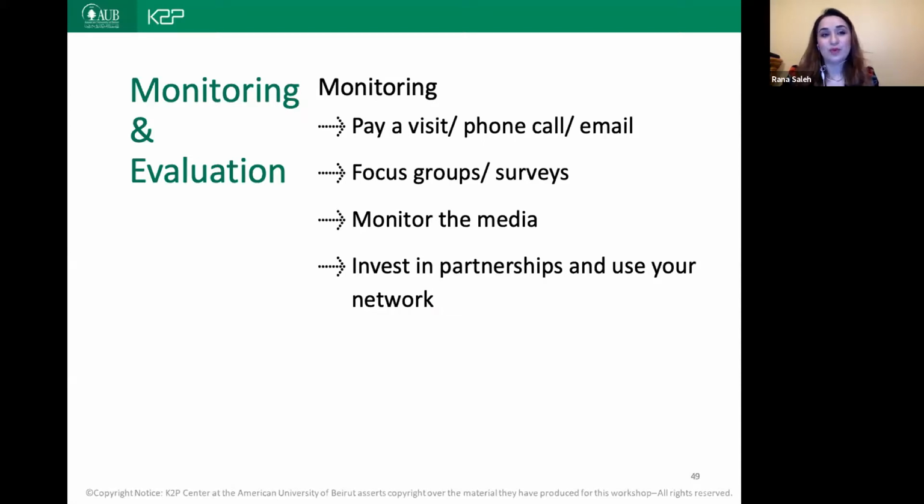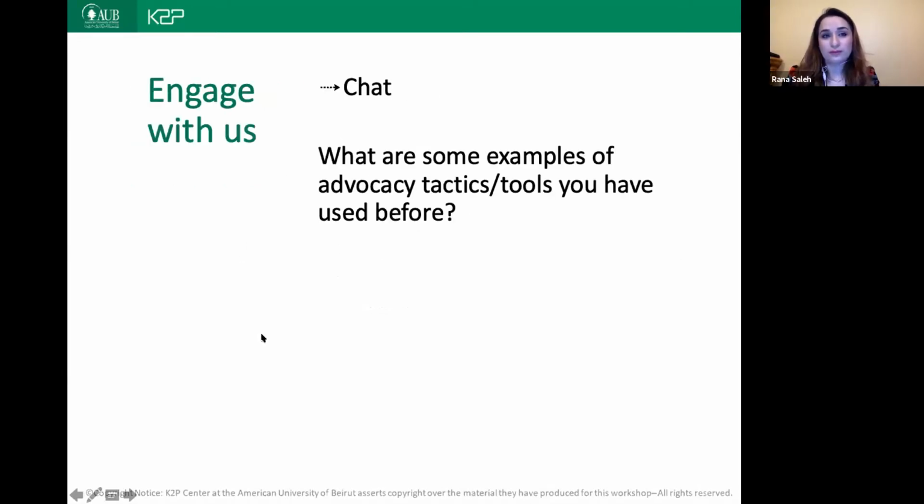So for example, we have reached out to our colleagues or partners who are media experts or who have connections in the media multiple times when we feel like there is a need to respond directly to the media. We have reached to other stakeholders who might have access to certain policymakers if we've realized that this policymaker is now more important than before. So always monitor and evaluate and discuss with your coalition members the next way forward.